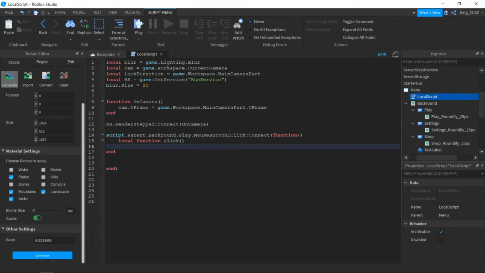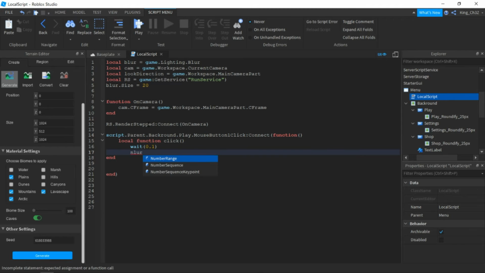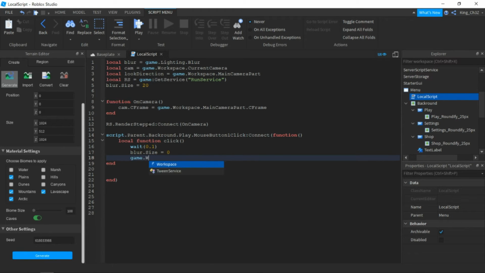Okay, thank you. We will say weight 0.1, and then we'll do blur dot size equals to 0, because now the blur we don't want to have any blur anymore because it's really annoying. You can barely see anything. And we can do game dot workspace